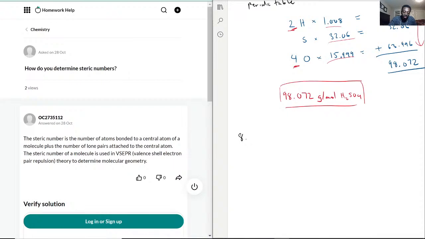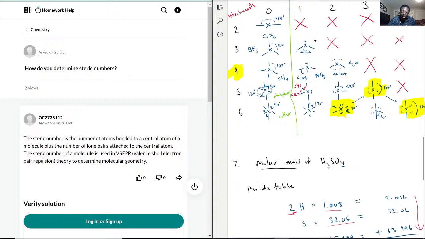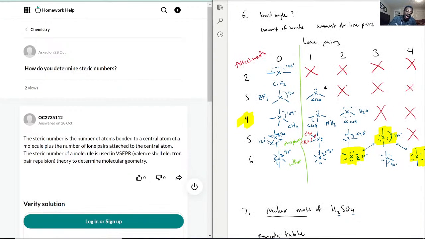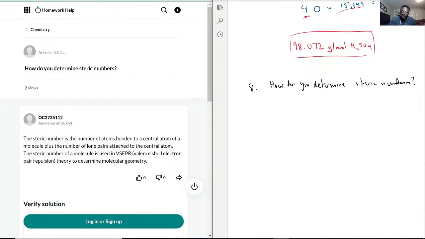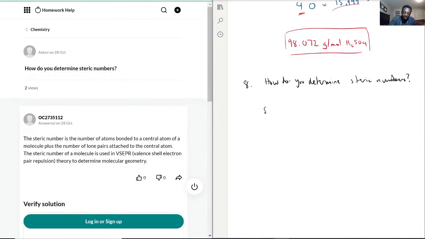How do you determine steric numbers? So, funny enough, I don't know if you caught on what I said earlier, but when I was doing this question here, number 6, I said attachments, but this is actually what's known as the steric number. Okay, this right here. Steric number is, okay, I'm going to write this slowly so we can really get my handwriting, hopefully,